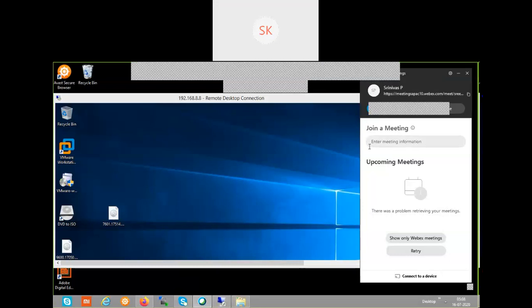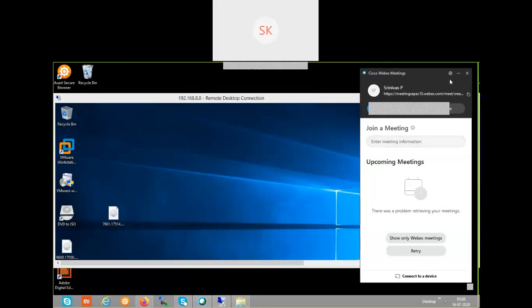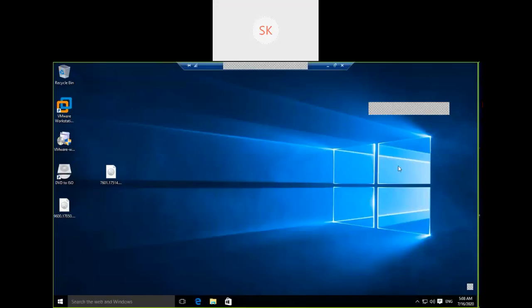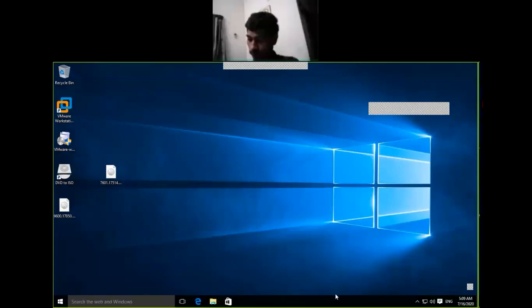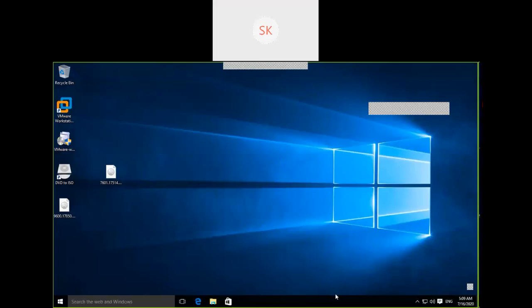Today, after the installation, what are the things we need to check? Once the server is installed, a few basic things we need to cross-check, and then it will be ready for further installation. Any features or functions to enable come up once we have done the configuration of the server. What are the things we need to check? First, we need to check whether all the drivers are installed or not.